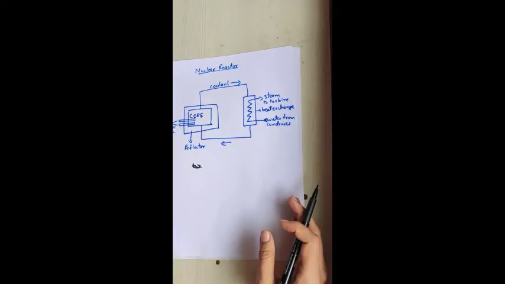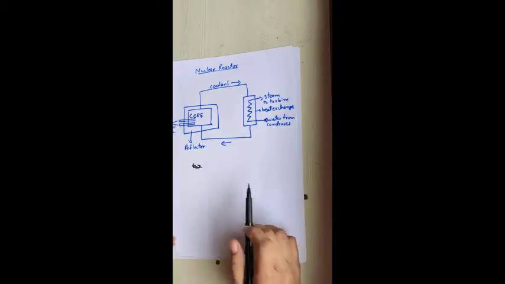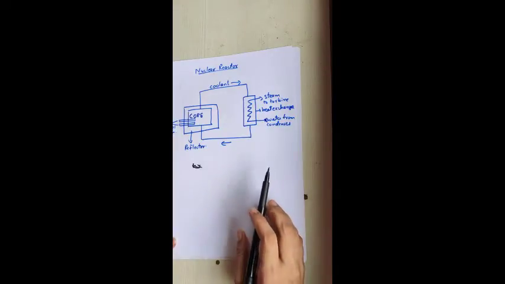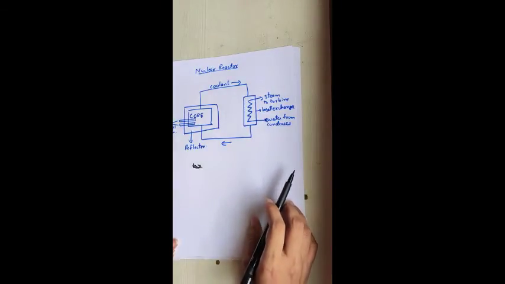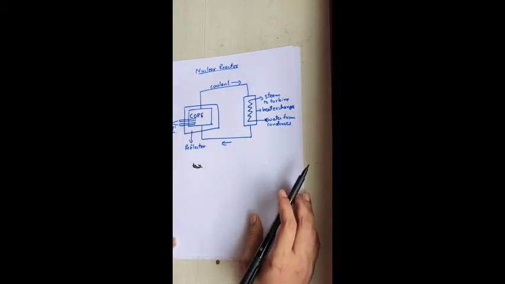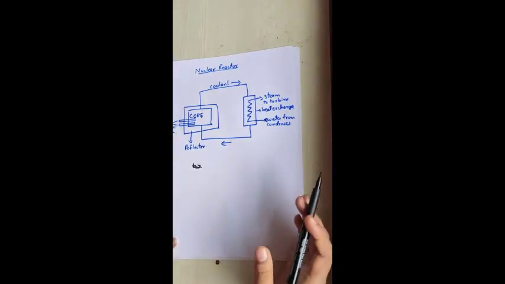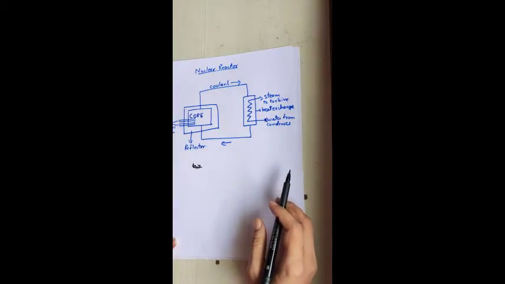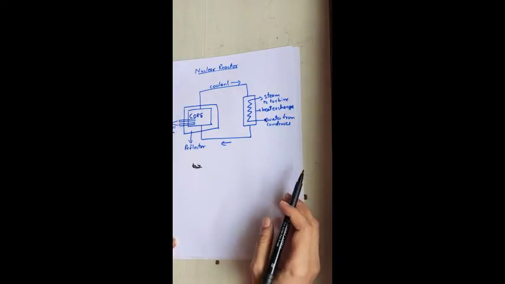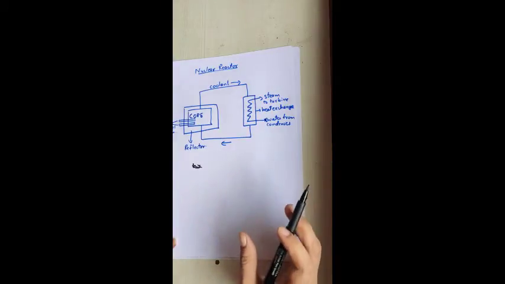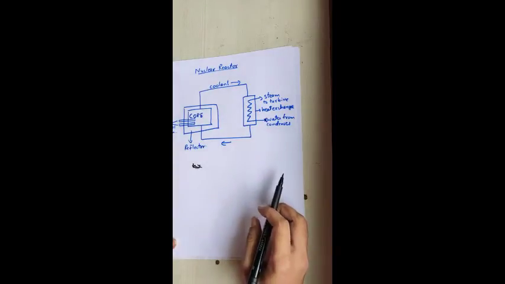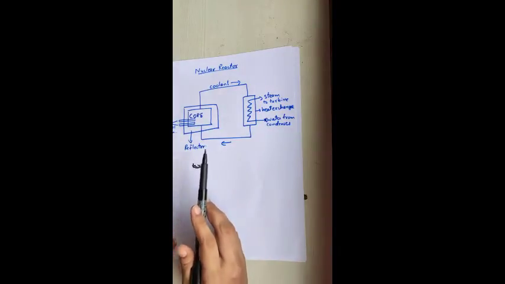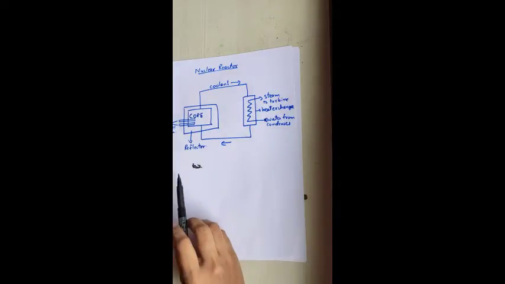There are two types: controlled chain reaction and uncontrolled chain reaction. Controlled chain reaction is what takes place in the nuclear reactor. How it can be controlled depends on the parts of the nuclear reactor, which we will study now. Suppose the chain reaction is not controlled, then it leads to explosive energy output, as in the case of nuclear bombs. The basic principle of a nuclear bomb is nuclear fission itself, but it is an uncontrolled chain reaction, whereas in a nuclear reactor, it is nuclear fission where a controlled chain reaction takes place.